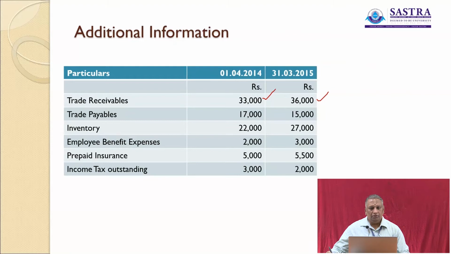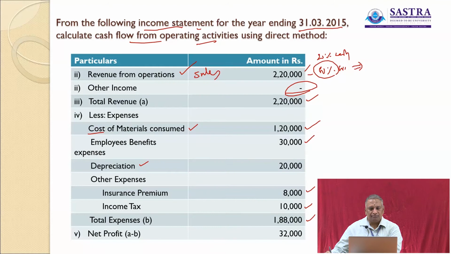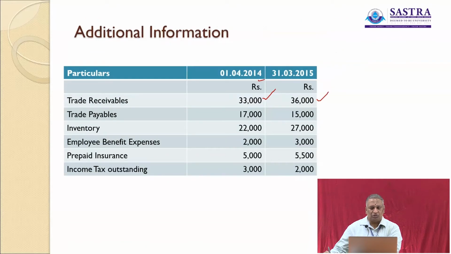So normally income statement and balance sheet details will be given in the question for calculating cash flow from operating activities. First, let us start with calculating cash received from debtors. If you look at this question, there is no information with regard to cash receipts, but generally it is given as revenue from operations of rupees 2,20,000, and the receivables opening and closing balances are given. So using this information, we have to calculate